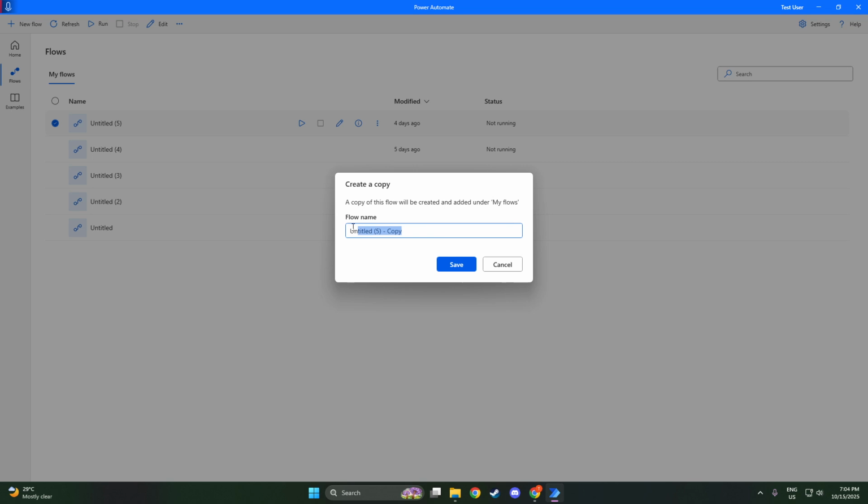Think of a name that clearly differentiates it from the original, but still makes it easy for you to identify. Once you've decided on a name, simply type it in. Now that you've entered your desired name, click on the Save button. This action initiates the duplication process, creating a brand new instance of your original flow, now titled with the name